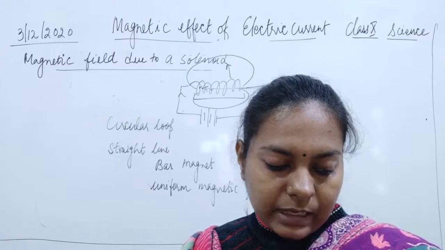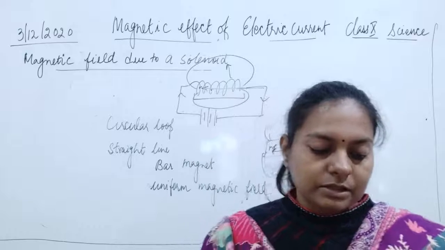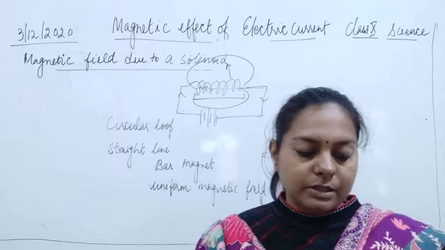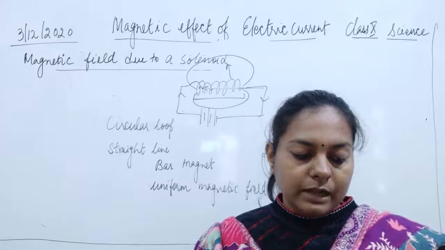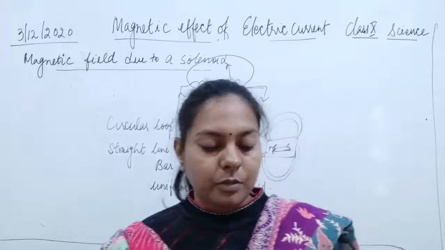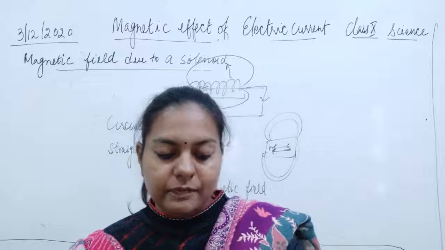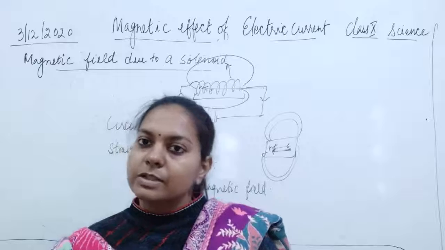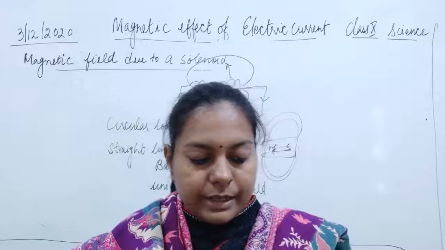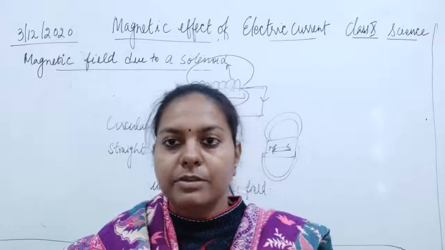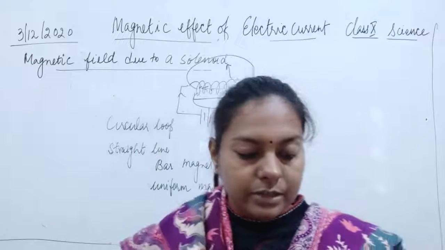Even the Earth's magnetic field at a given place is uniform, considering the parallel field lines which run roughly from the south geographic pole to the north geographic pole. On the other hand, the straight current carrying solenoid acts like a north pole at one end, and the other end acts like a south pole. So if a current carrying solenoid is suspended freely, it comes to rest pointing in the north and south direction, very similar to a bar magnet.